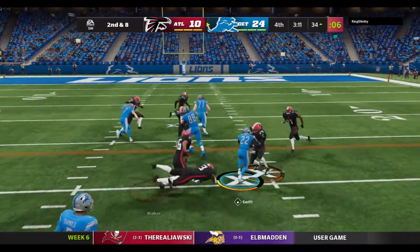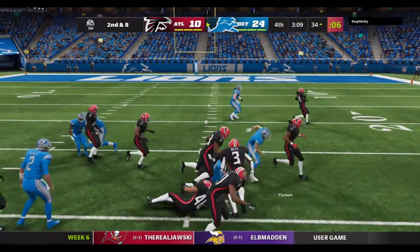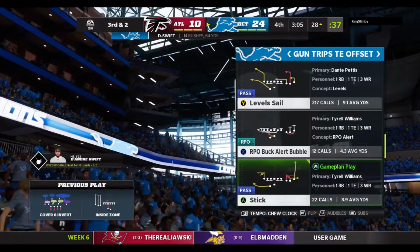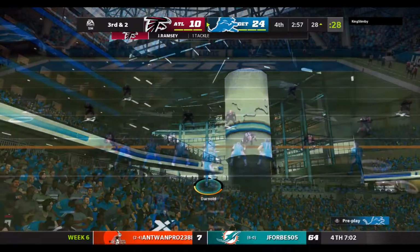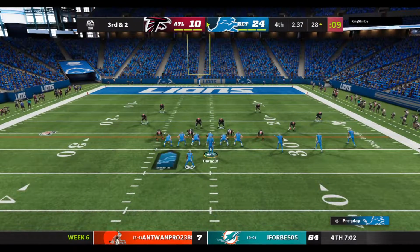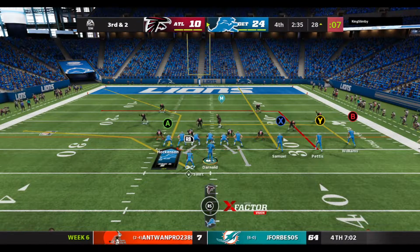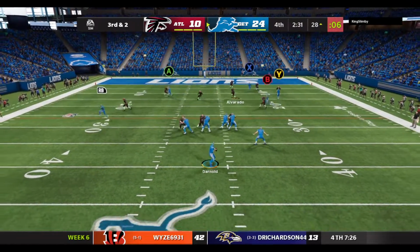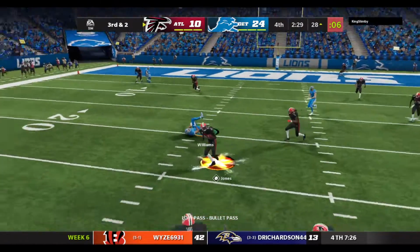Once again, it's Swift. And pretty good running as he'll be close to a first down at the Falcons' 28. 64 yards on the ground for him so far. 3rd and 2, Darnold. And